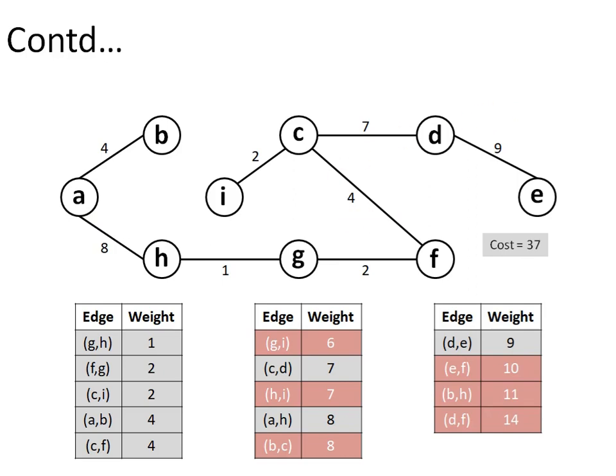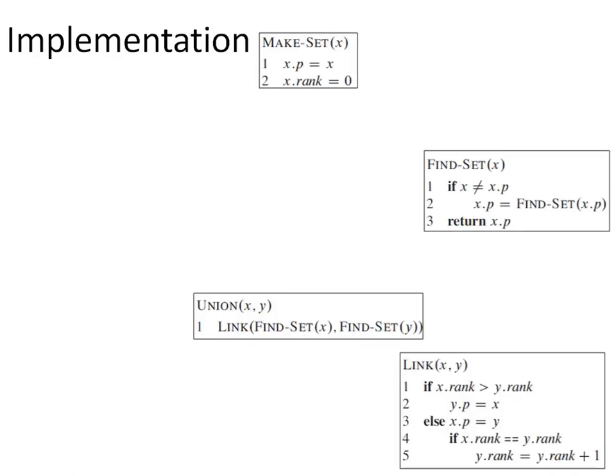This is all about the working of Kruskal's algorithm, and now we have to look at the implementation. So in order to implement Kruskal's algorithm, we are going to make use of the disjoint set data structure. And the idea is, all the trees which we were maintaining during the intermediate stages of Kruskal's algorithm, we will assume them as disjoint sets, or one can also visualize these disjoint sets as connected components in a graph. So when we start Kruskal's algorithm, the total number of disjoint sets or connected components will be equal to the total number of vertices present in the graph.